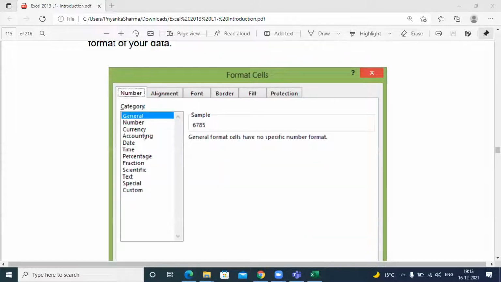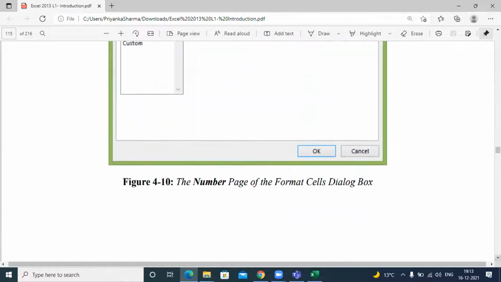If you look at this snapshot, these are the different formats which you can apply. You've got number, alignment, font, border, fill, protection. And most of these words are very close to the English language, so you quite understand what exactly they are doing. For example, if I go to alignment, the word alignment means I want to align the text, where exactly the text should be, right? There are a couple of options which we are going to talk about. Similarly, font and border are some of the other options which are available.